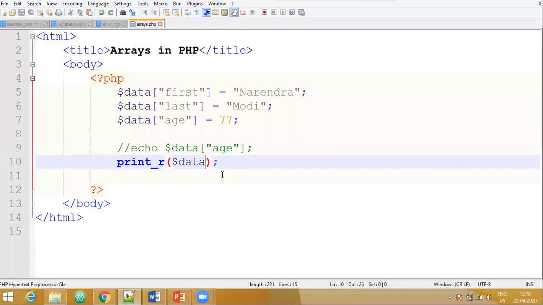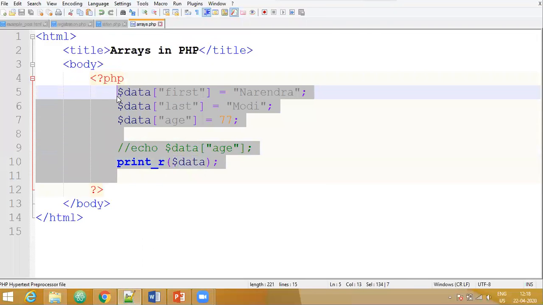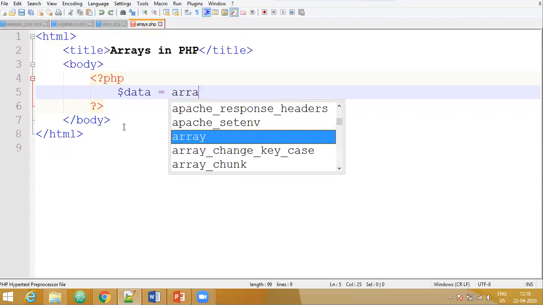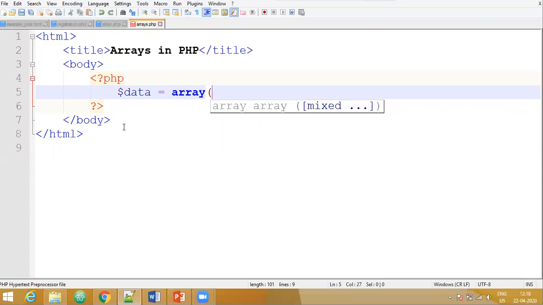Now let us look at the third type of array, that is a multi-dimensional array. A multi-dimensional array is an array which consists of an array within an array. That is, it is like nesting of arrays. So to create a multi-dimensional array, the syntax followed is we give the variable name equal to the keyword array, open a bracket.